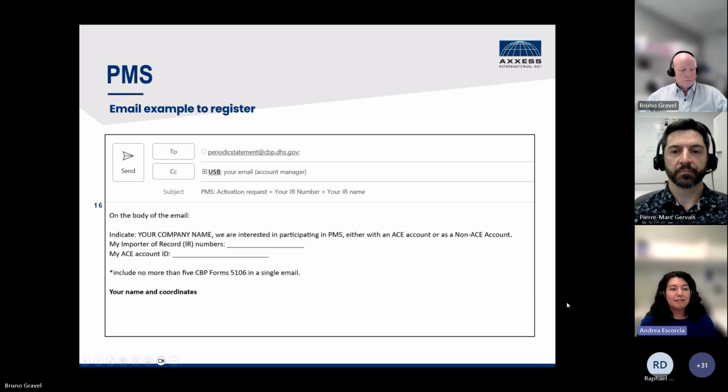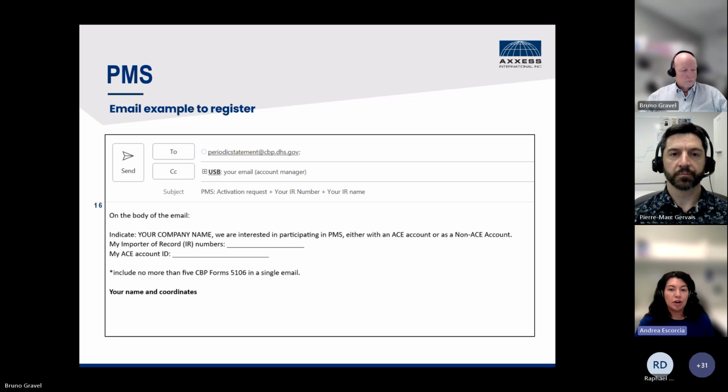So here is the example of how to register by email. In the body of the email, you will need to indicate that you are interested in participating in PMS, either with an ACE account or as a non-ACE account. Provide a list of the importer of record, IR numbers, you are requesting for PMS activation. If you have an ACE account, provide the ACE ID from the top account and all ACE IDs associated for